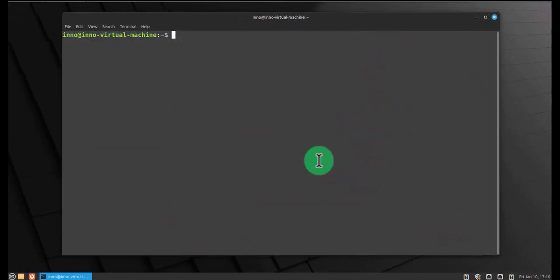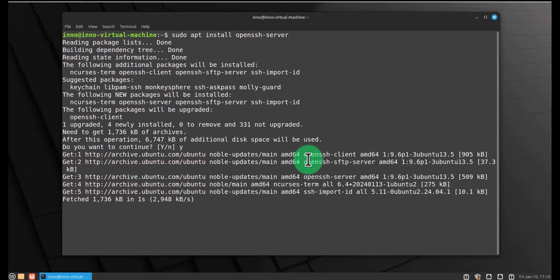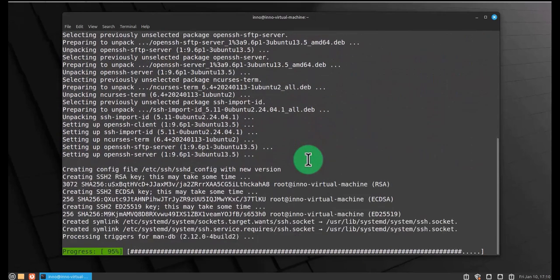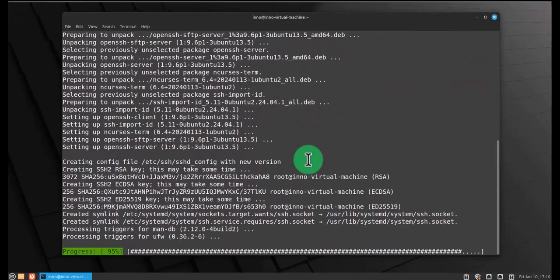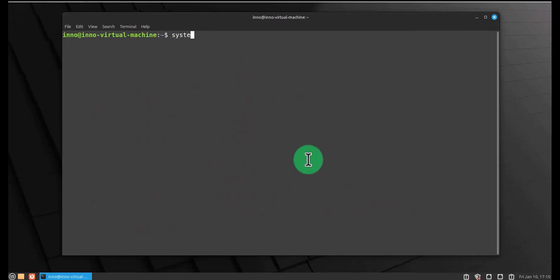We'll go ahead and install SSH using the command sudo apt install, and then we'll do openssh-server, Y for yes. Clear this, and then we run systemctl status SSH,